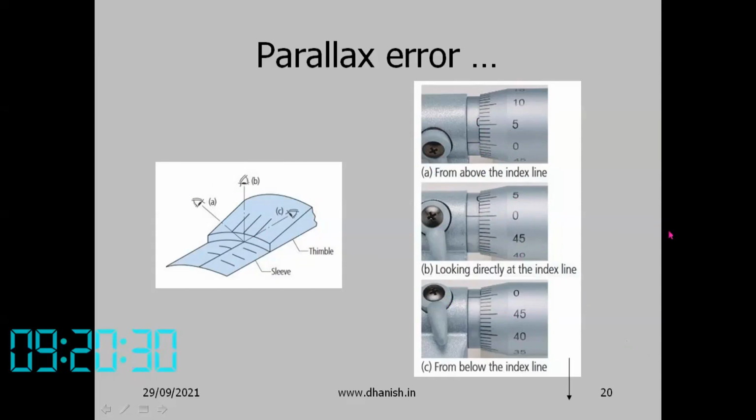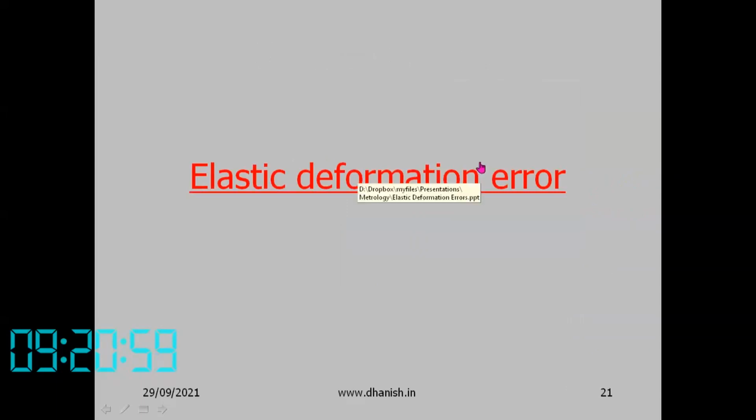I think you are doing that quiz now. You are going to do the quiz on the toolmaker's microscope, where you have a micrometer with a vernier division. So in that, this is important. Of course, when you are taking a photograph, this problem will not be there. But if you really take a measurement, then this parallax could be a problem. So that is parallax error. Next, we come to a whole class of errors called elastic deformation error.